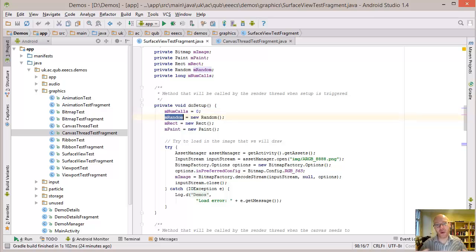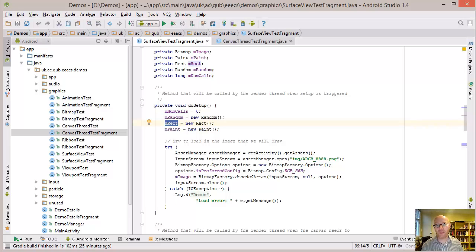Normally, of course, when you're drawing a game out, you would position the images in careful positions. Here in this demo, we're just going to randomly draw pictures out at different sizes and at different positions. So we're creating a random object, so we don't have to recreate it every single time. We're going to have a rectangle, because when we're drawing the images out, not only will we draw them at random positions, we'll draw them at random sizes. We'll make some big, we'll make some small. So the rectangle here will